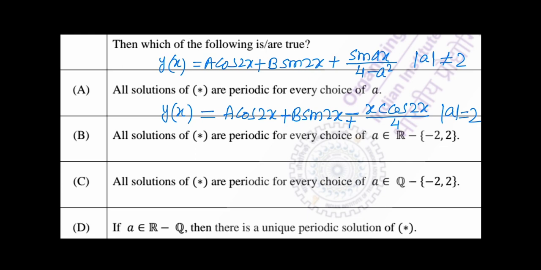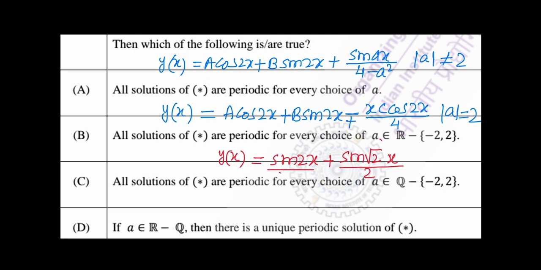see the question, if I write y(x) equals, I take a equals 0. Then b equals, suppose 1, so this will be sin 2x, and a small a, I take small a equals root 2, so this will be sin root 2x by 2. Okay, but you know this function is not a periodic function.